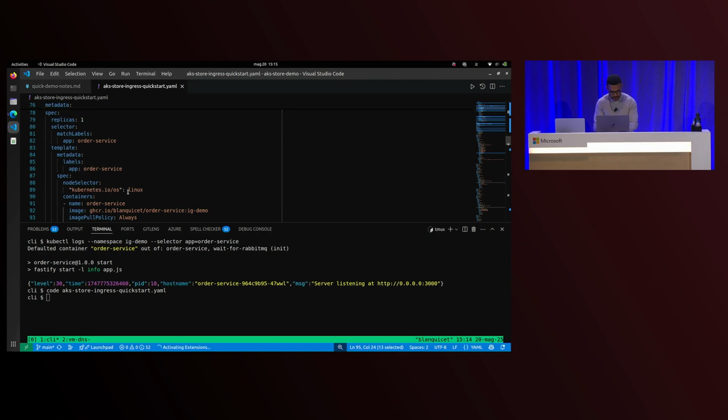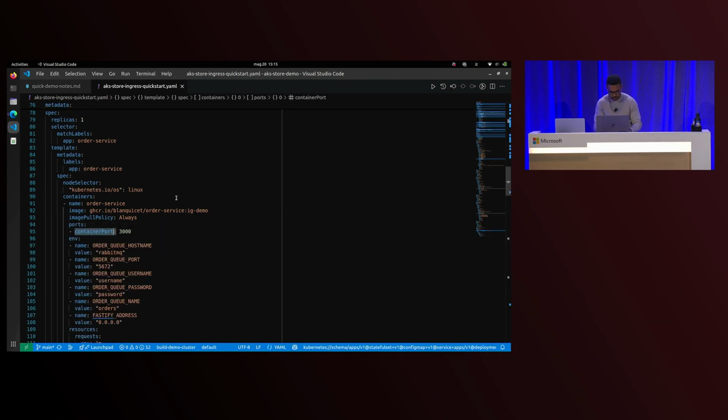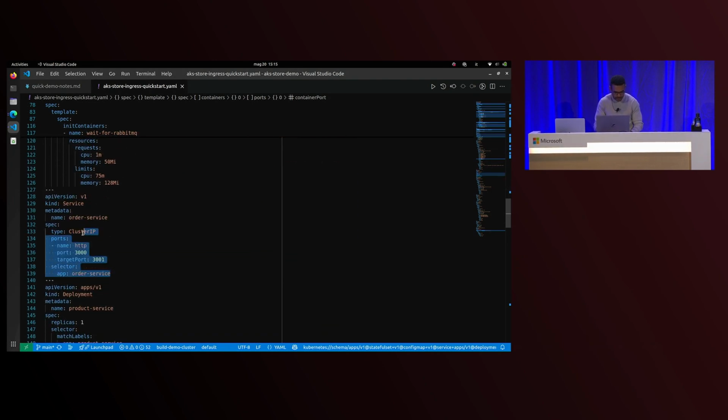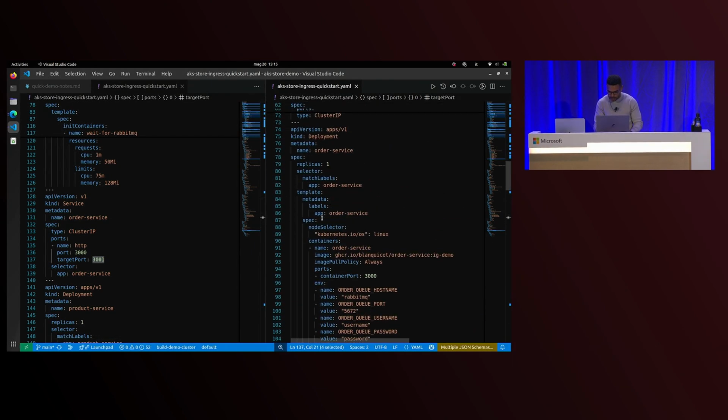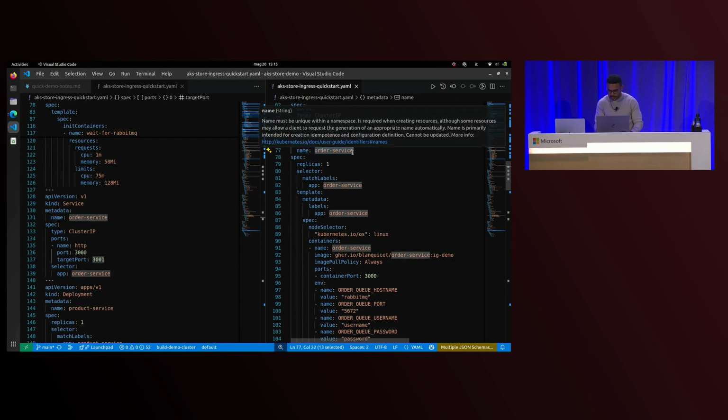So we have here the definition of the service, with the target port. Let me put the definition of the container in here. This is the order service deployment.